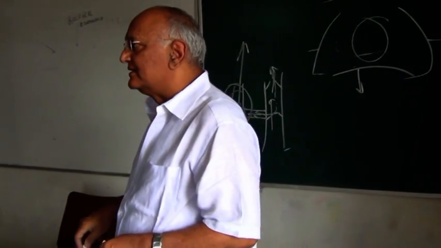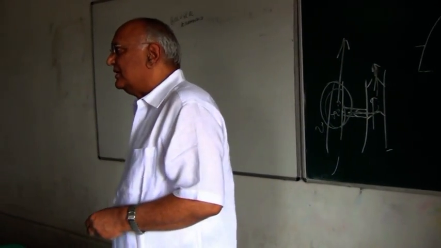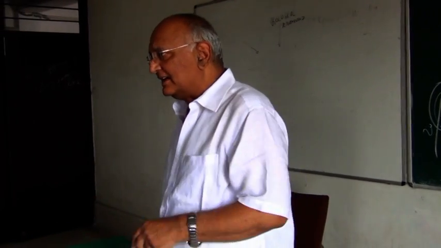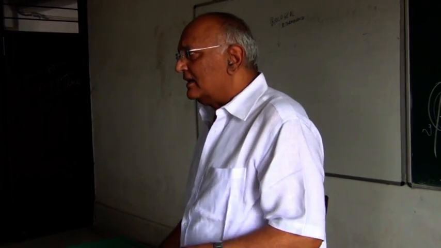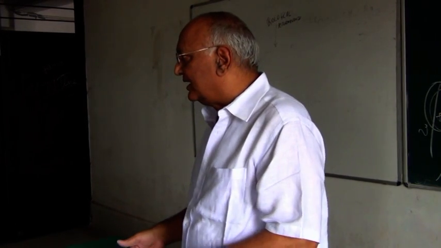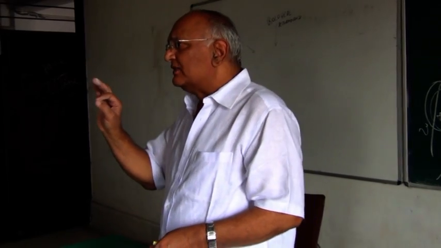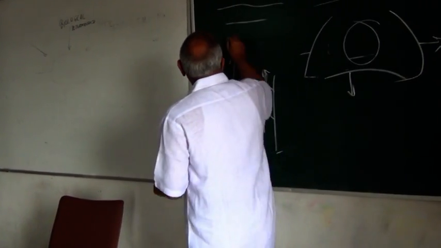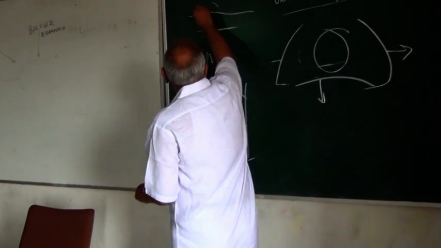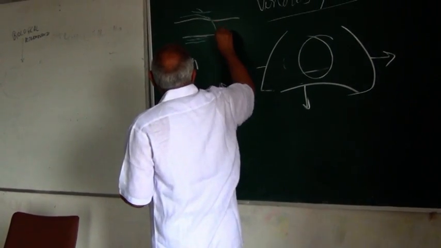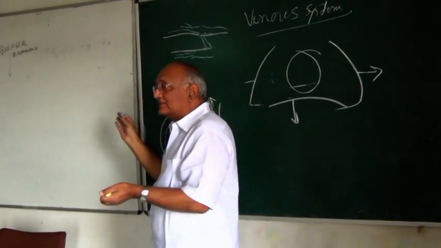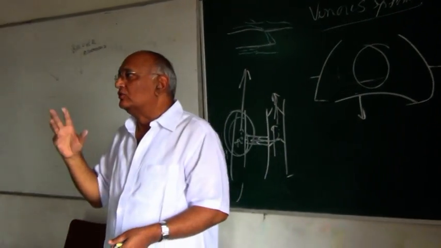And the third thing is that if you are a good student of anatomy, you will remember that all the peripheral vessels, be it radial, ulnar, anterior tibial, posterior tibial, brachial, are accompanied by venae comitantes. Venae comitantes means there is an artery and small veins accompanying it, and they communicate with each other as well. So you can say that they are surrounding the artery.